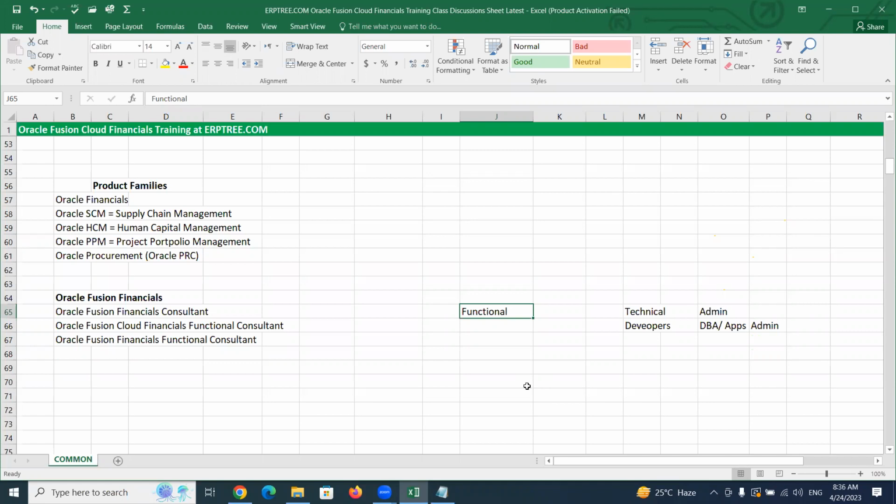Okay. So these are the 3 kinds of roles we have when we learn anything. Not only Oracle, you take anything. This is how the roles can be classified: functional, technical, admin. Not only in Oracle, everywhere, anywhere, huge demand for functional, very less demand for technical. The admin point depends on the product we are dealing with, but those roles are very limited. Okay, more demand is for functional. So the course we are doing comes under functional.